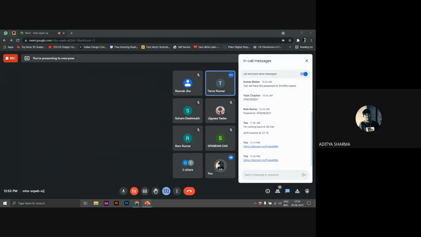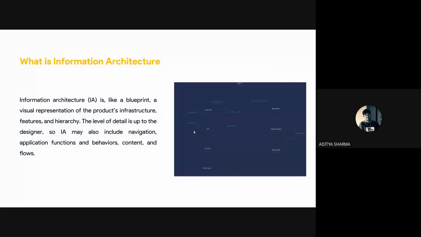No worries. So now coming on to information architecture, what is information architecture? After you have created the user flow, now comes the time to create the information architecture of the application. Once you have created the flow, what is done? You amplify the user flow. Information architecture is just like the user flow with the addition of the information that will go inside